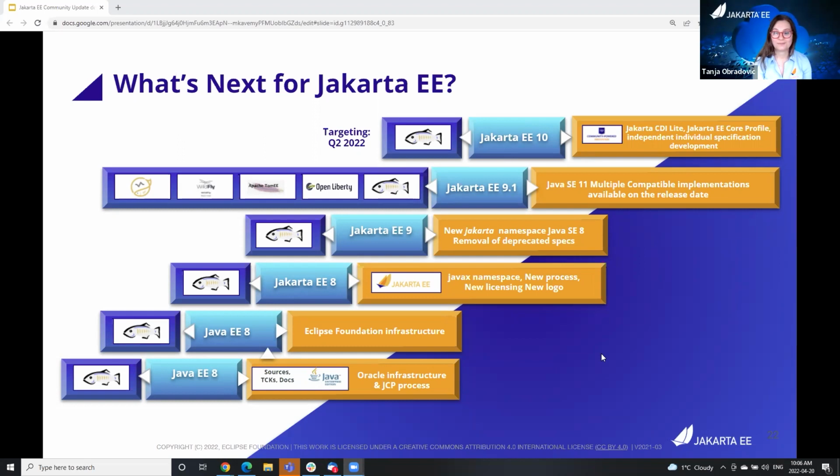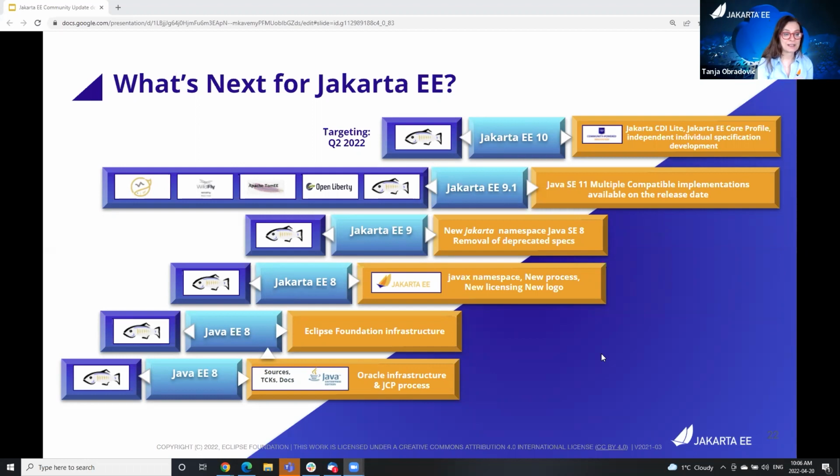With that, I will remind you that Java EE with version 8 closed its existence, and it was handed over from Oracle to the Eclipse Foundation, the Open Source Foundation, to have this approach of vendor-neutral open source development.